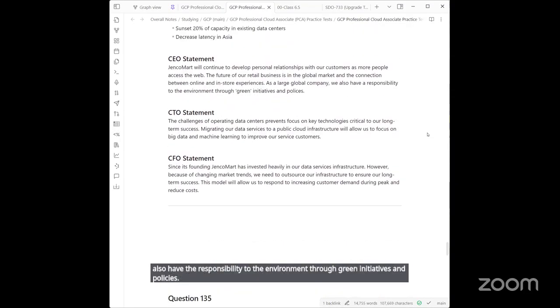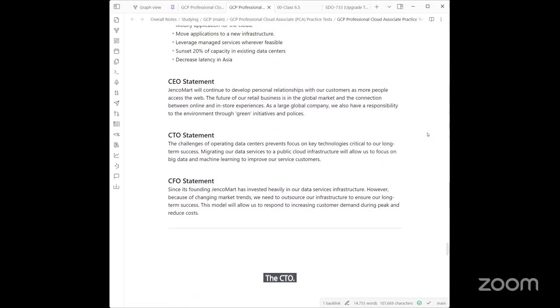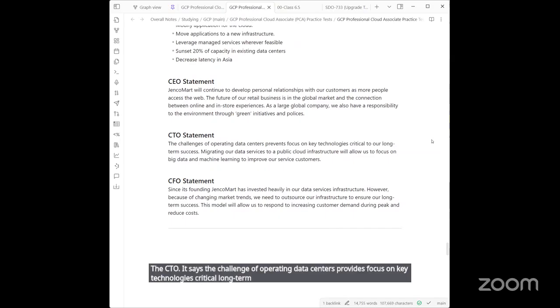The CTO says the challenge of operating data centers prevents focus on key technologies critical to long-term success, like migrating data service to a public cloud infrastructure that'll allow them to focus on big data and machine learning to improve service to customers. Since founding the company,